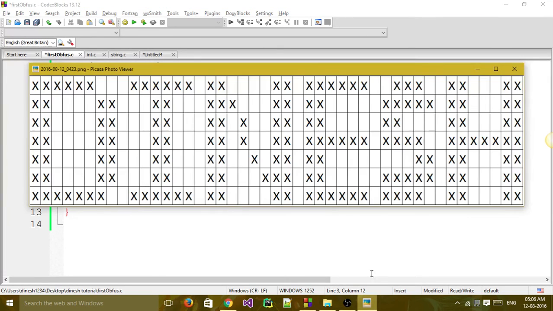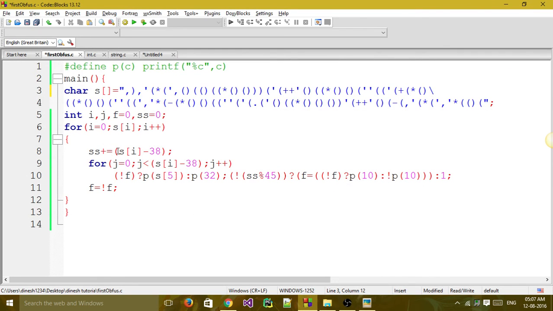And if you see the image, it is of order 7 by 45, a 7 by 44 multidimensional array. So each and every time I'm summing the characters count and I'm subtracting the offset. As I told you, numbers minus 10 means 38, for something like 48 minus 10 is 38. So each and every character is subtracted by the offset 38, and when the sum mod 45 is equal to 0, I'm doing something which I'll tell you later.